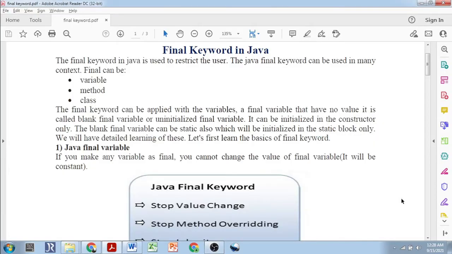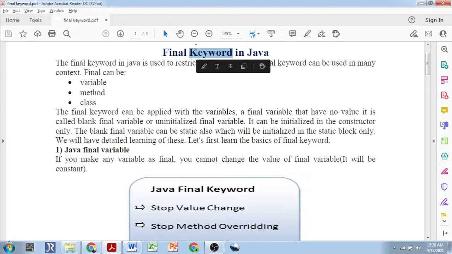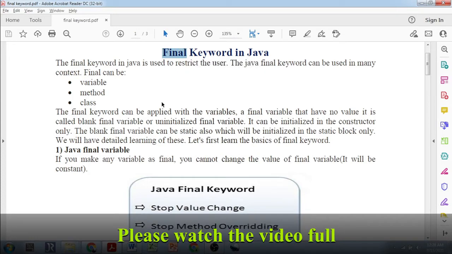Hello everyone. In this video tutorial, we'll see about the final keyword in Java. There is a keyword named final in Java, and that's a very important keyword, which is used for restricting the variables, method and class access in a certain way. So we'll see regarding the Java final keyword, which will be used for the variables, for the methods and for